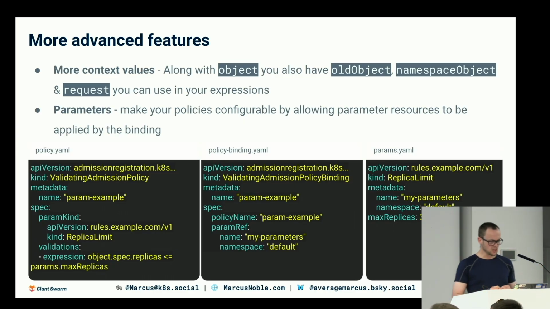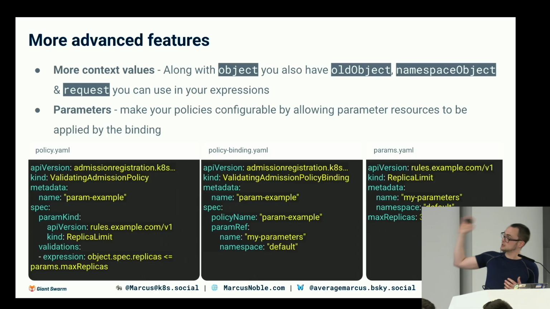Parameters. To be able to reuse your policies, you may want to make use of parameters. So the same policy can be used in, for example, different namespaces with different configurations. Here we've got a validating admission policy on the left that defines a param kind of this custom resource that